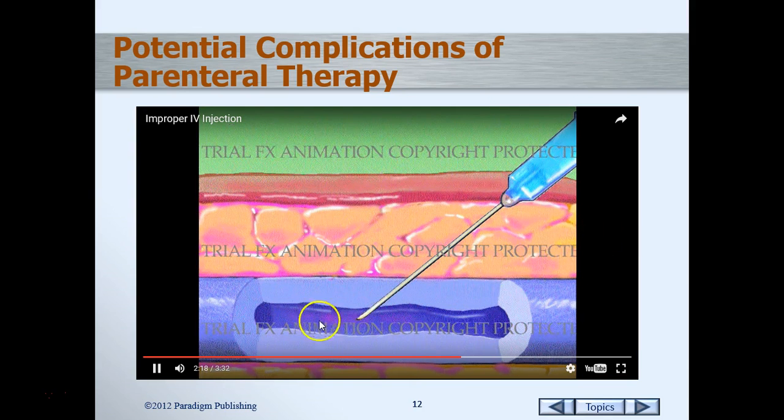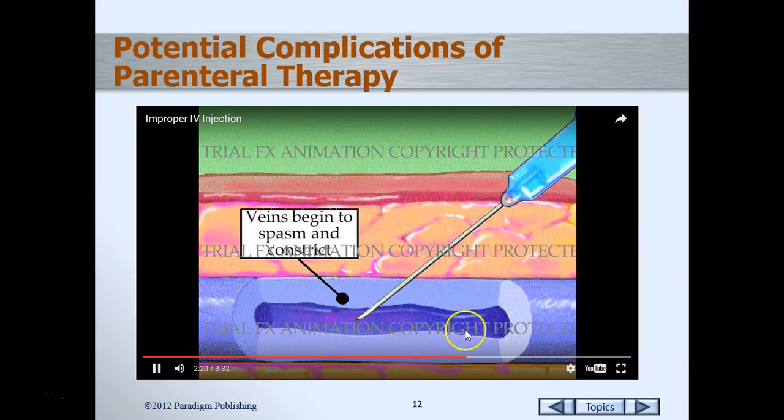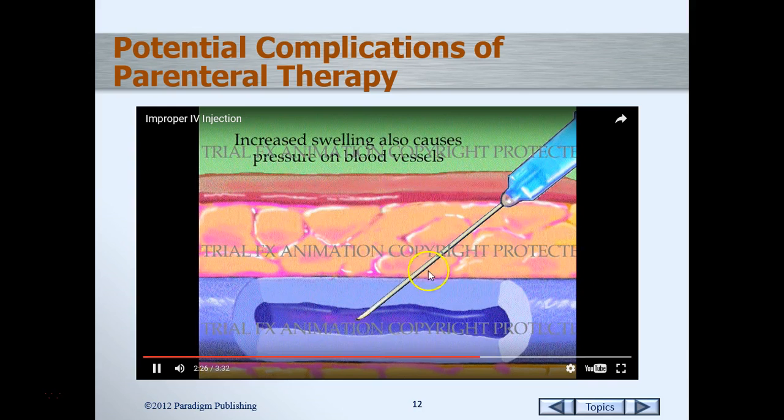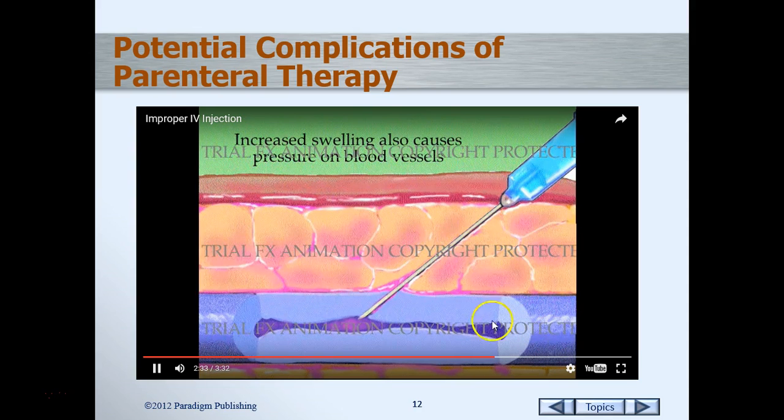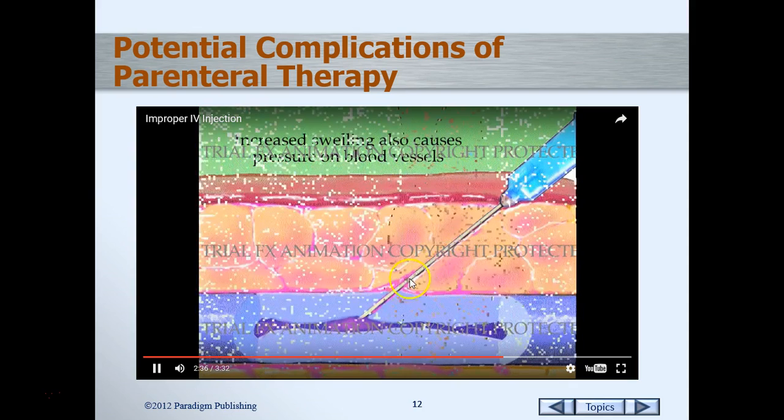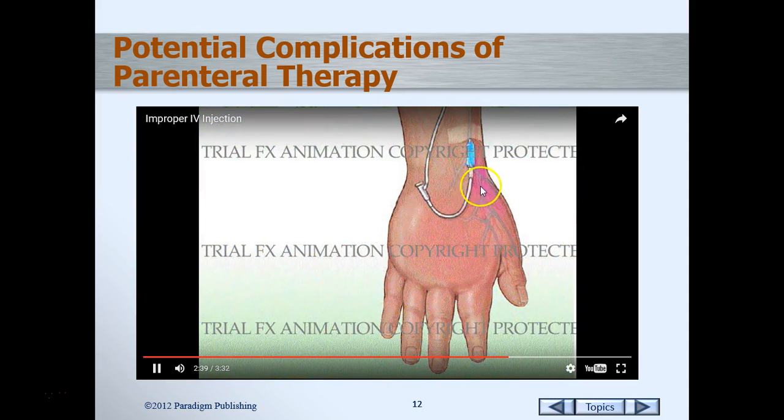And as it does that, the vein also may swell, phlebitis, causing spasms. And as the tissue above continues to swell, it can actually push down and compress that vein even more, putting pressure on that blood vessel. And at that point, we also have extravasation. That needle's not fully in the vein anymore. As that damage occurs, you start to get inflammation and swelling,